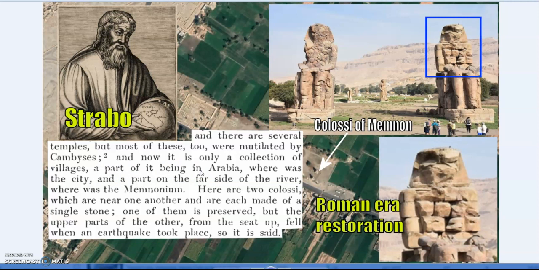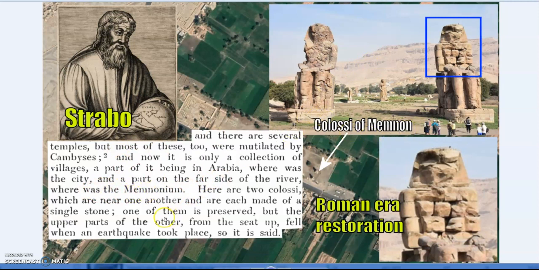Unlike other conquerors, foreign rulers who tended to embrace Egyptian culture and add to the buildings, Alexander, for instance, and other foreign peoples, Cambyses famously destroyed Heliopolis as well. But it's also in Strabo, he says he destroyed the obelisks of Heliopolis by iron and fire. And so the damage patterns, so okay, before I go on,